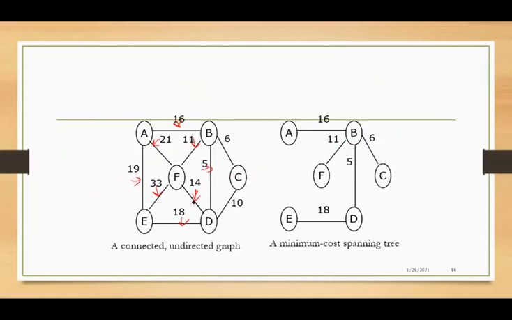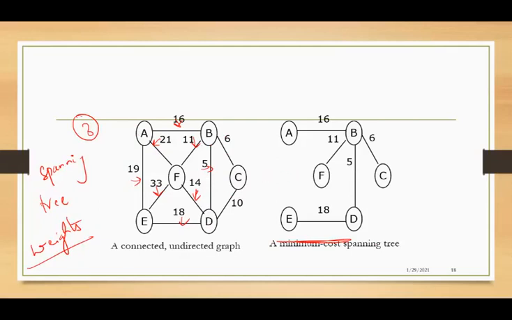Now to study how we got this minimum cost spanning tree, we will study it further. But you can try various spanning trees by yourself, not minimum cost. Just try different spanning trees for this connected undirected graph and find the weights of each. Create three spanning trees and find the weights. The exercise is to check whether the weights are equal or one is greater than the other, and you can also see whether you have got the minimum